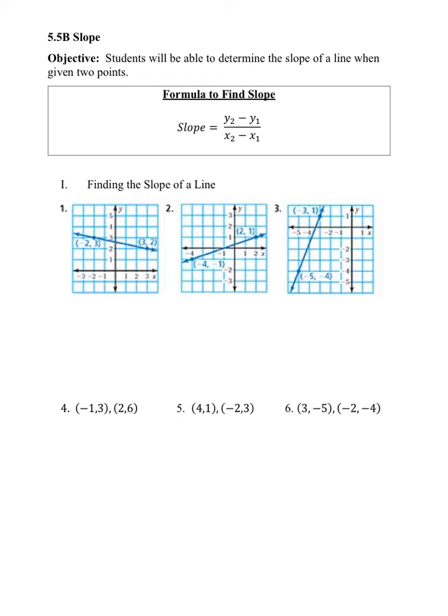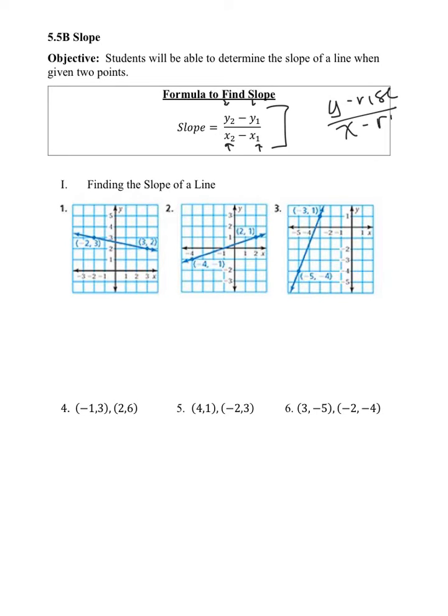Lesson 5.5a was learning how to find slope when you're given a graph by doing rise over run. This lesson, we're going to determine slope, but using 2 points. This is our formula to find slope. It's y sub 2 minus y sub 1 over x sub 2 minus x sub 1. Slope is the change in the y, which is our rise, to the change in the x,